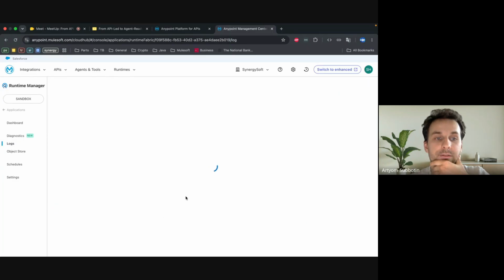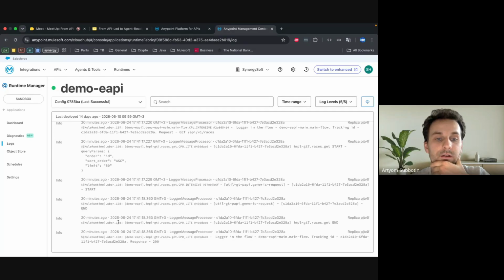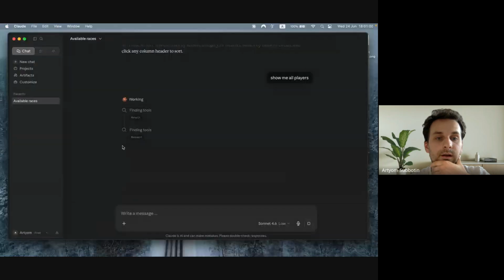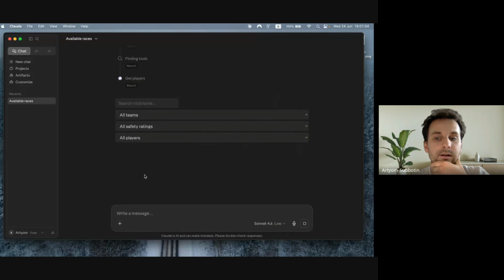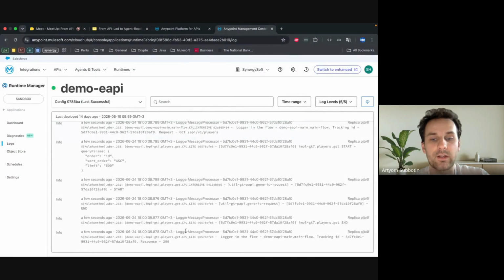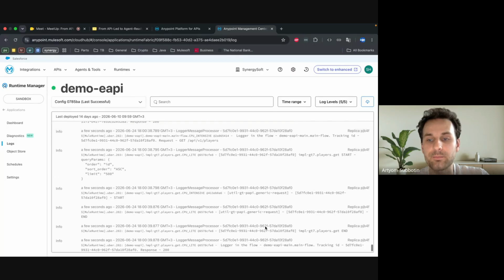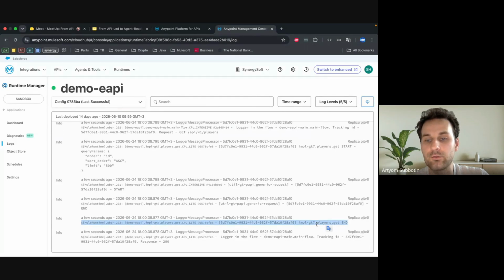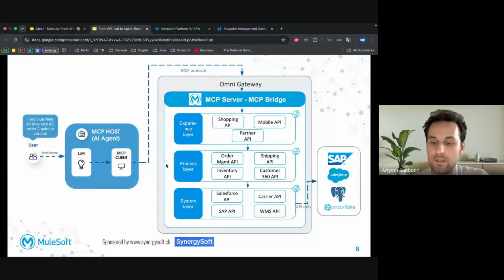And in the logs, you see that it's just finding the tools. Okay. Yes, a few seconds ago we started processing, we started getting players. You see this log message saying that everything is fine. And at this point, our demo is pretty much finished. I'm passing the word to Sergey.